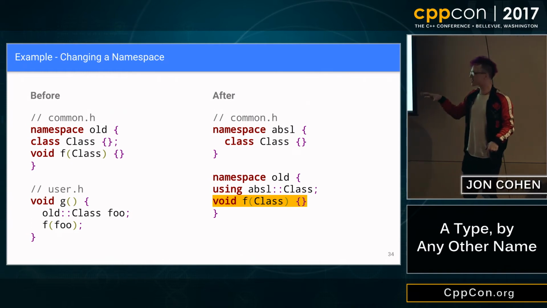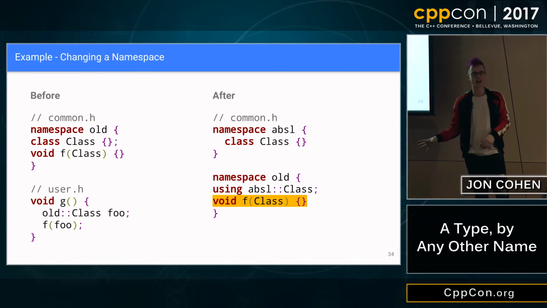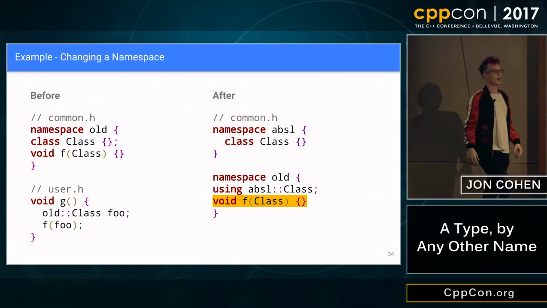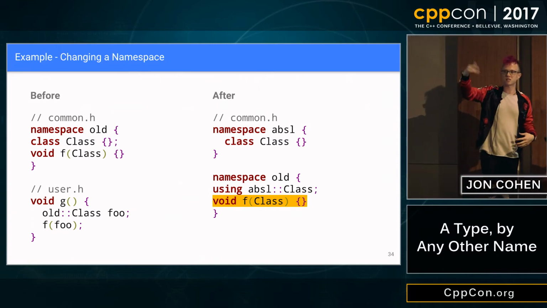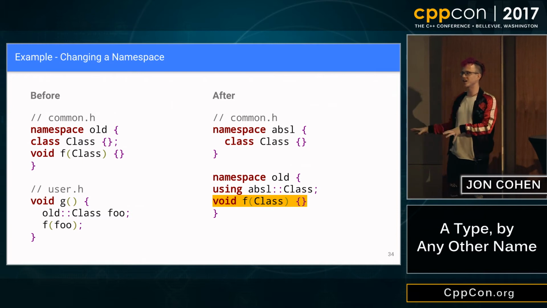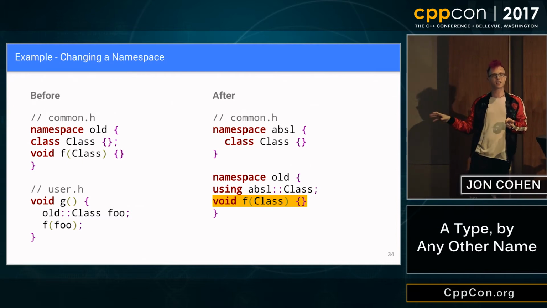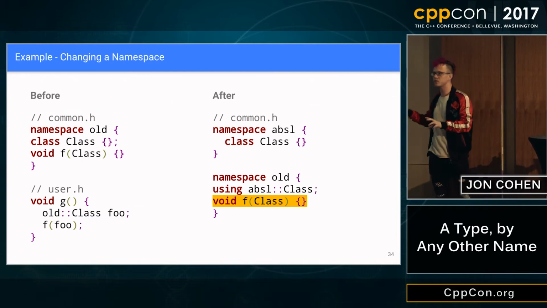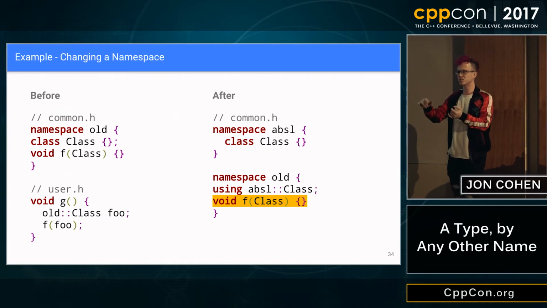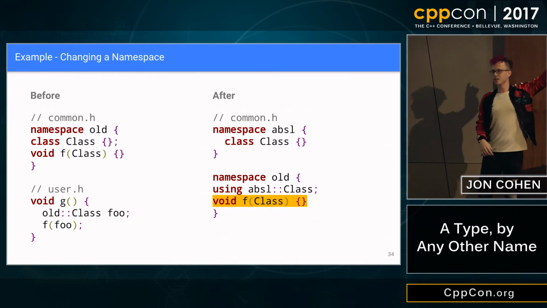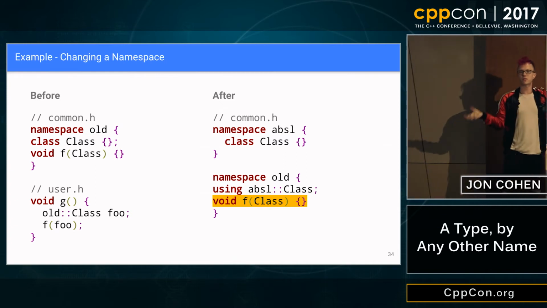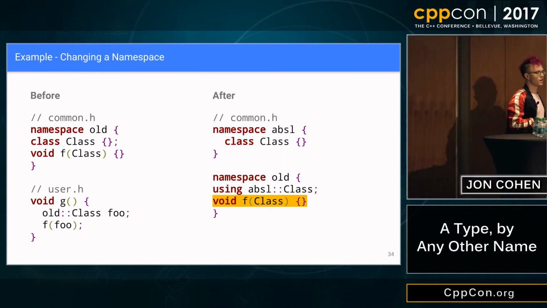So we have this old, crufty thing, f, that we don't want to have to deal with anymore. And so we don't want to bless it by moving it into the new namespace. We want to leave it over there. It's a signal for people that, hey, this is probably not what you want to be using. It's not in our core util namespace or whatever you want to call it. Use this thing over here. We don't want to migrate it. We don't want to deal with it. We want to get people off of it.